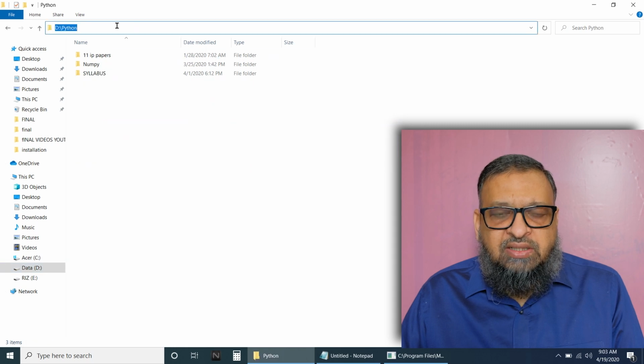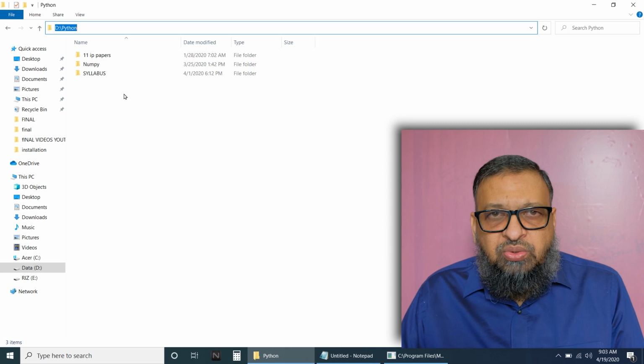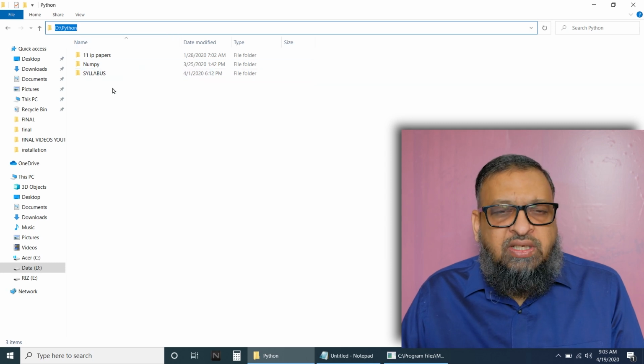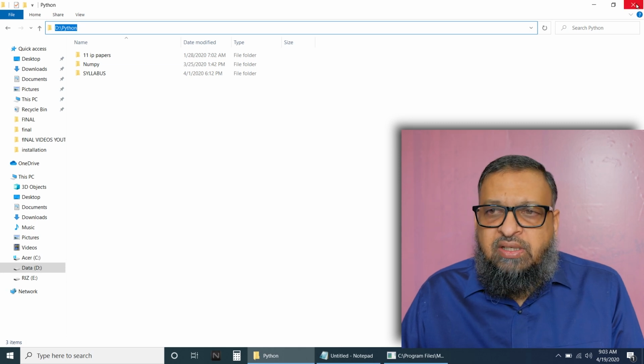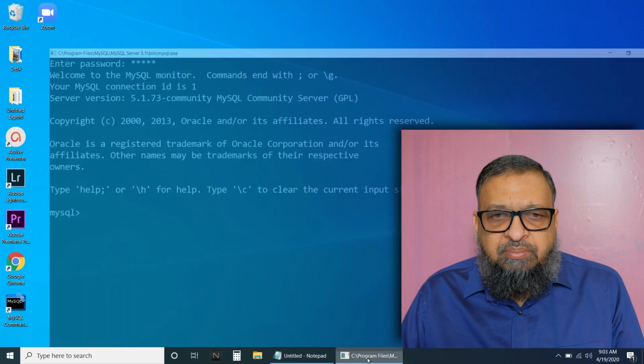Under this directory we can create files and store them, or under another directory. The same way we create directories in Explorer, we can create databases in MySQL.